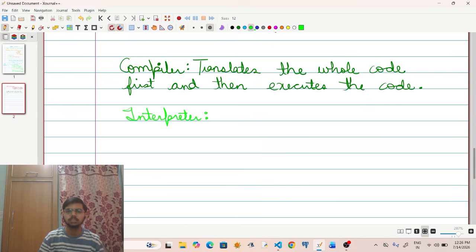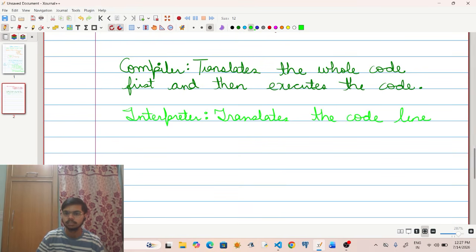What the interpreter does is it translates the code line by line plus executes that particular line.